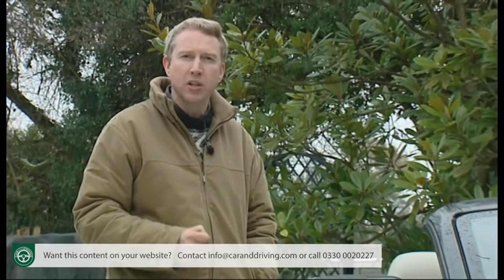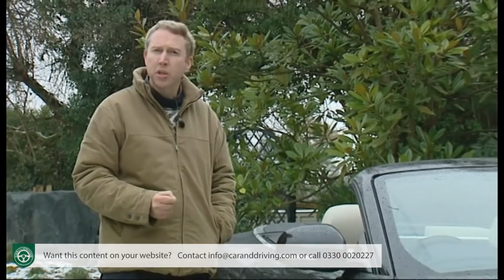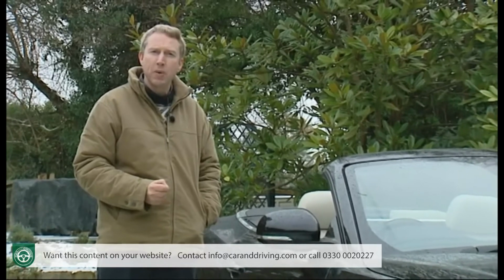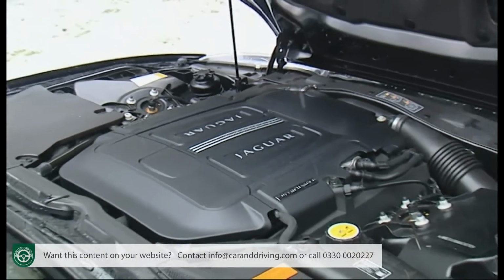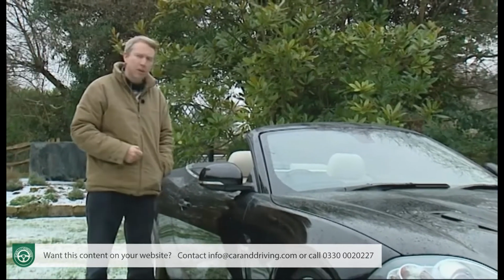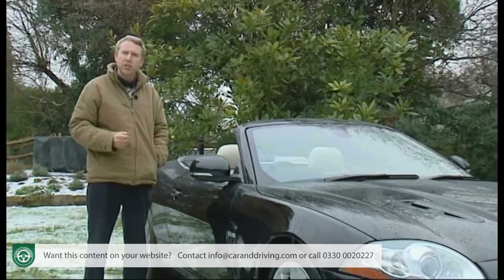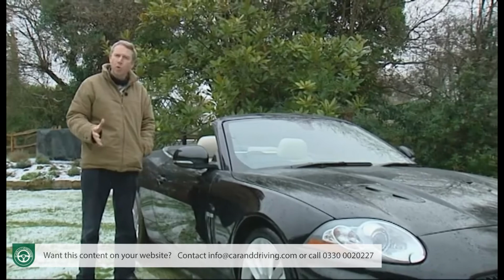List pricing suggests that you'll pay somewhere in the £75,000 to £80,000 bracket for your XKR coupe, depending on the options that you choose. And that represents a £13,000 premium over the normally aspirated 385 PS 5-litre V8 XK model. If you want the convertible version that I've got here, you'll need to budget a £6,000 premium over the fixed top coupe. Overall, those prices